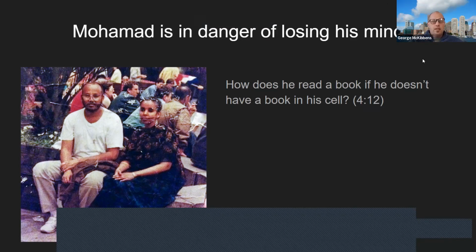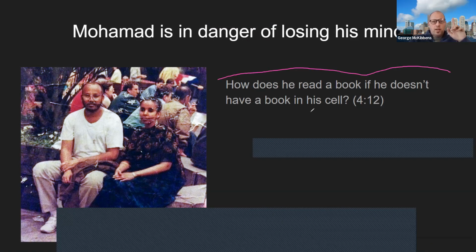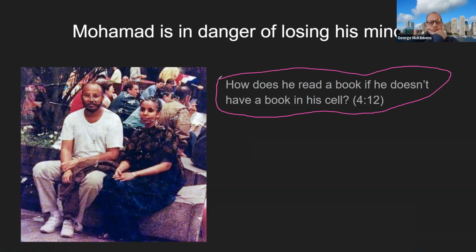So he's going to read this book. It's going to keep his mind focused. But how in the world is he going to read a book if he doesn't have a book in his cell? That's the question I posed at the end of class last week. So some of you know the answer already,